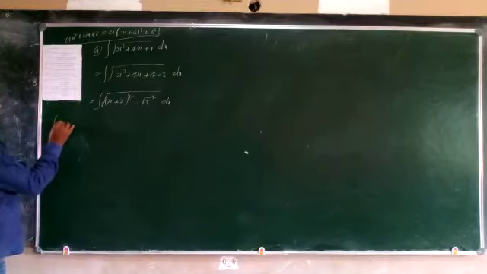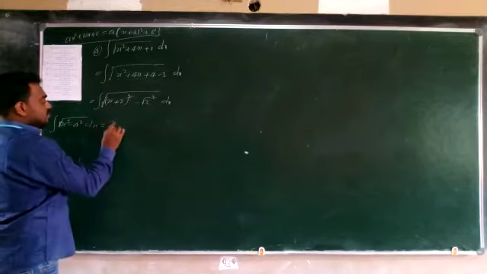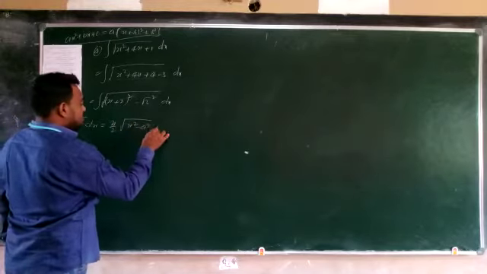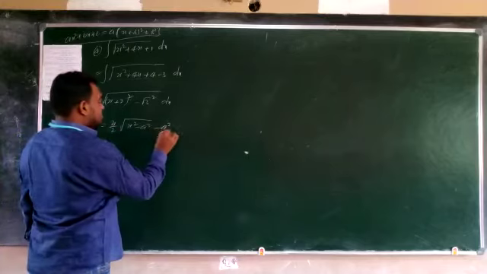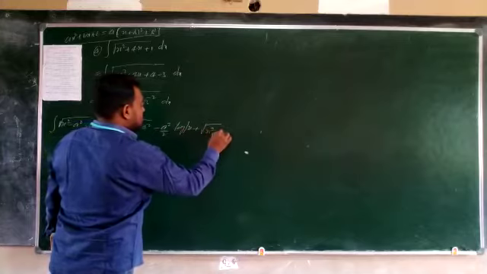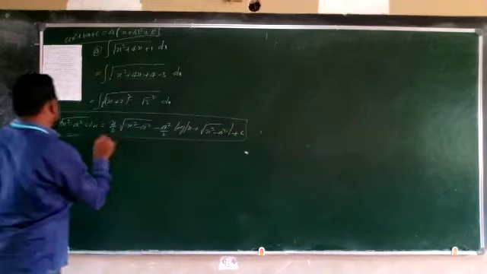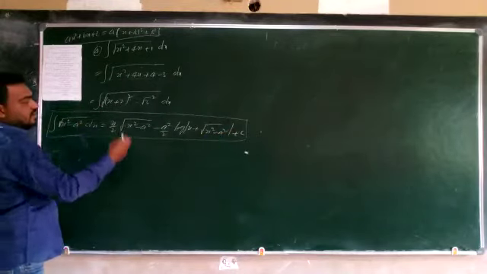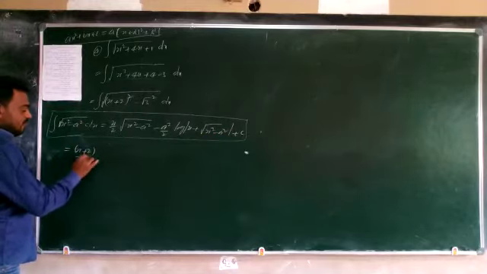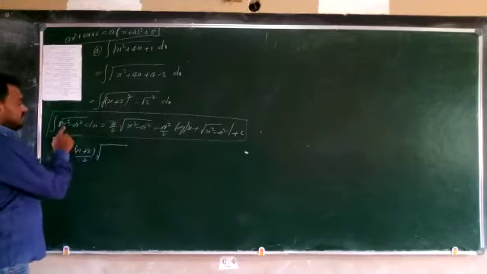Now the integration of square root of x² minus a² dx, formula what? x/2 into square root of x² minus a² minus a²/2 into log|x + square root of x² minus a²| + c. This is the formula. So here x is equal to what? In place of x, x + 2. In place of a, √3. Just substitute it. So that is (x+2)/2 into square root of the same question we are getting here.